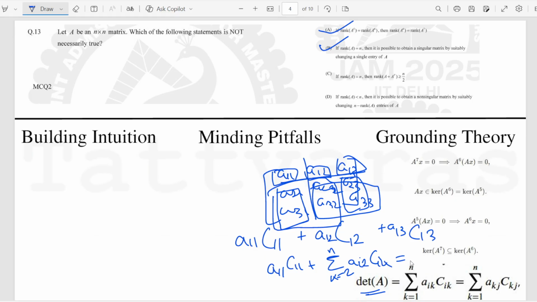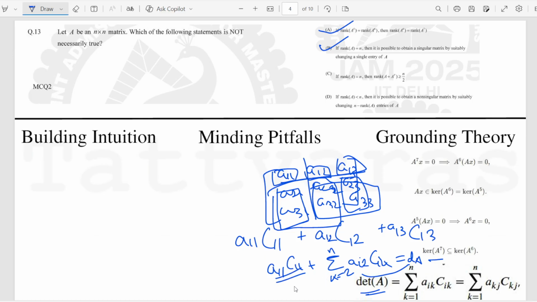This is equal to determinant A, let's call it dA, and we take this thing on the other side. So this becomes dA minus this thing, and we can find an observation for